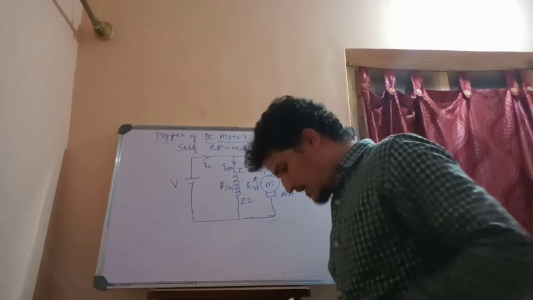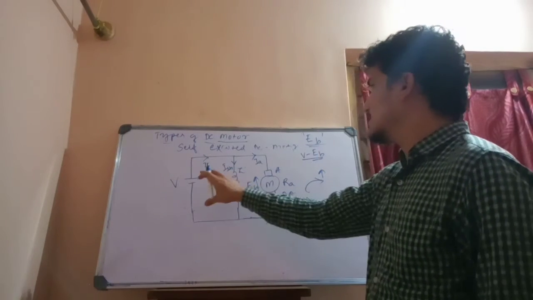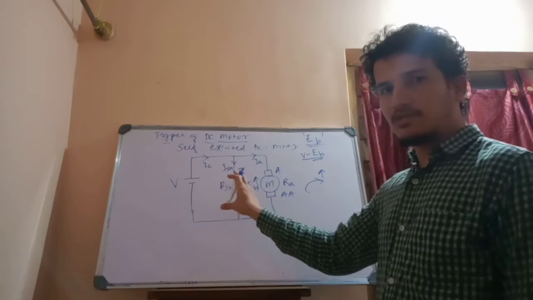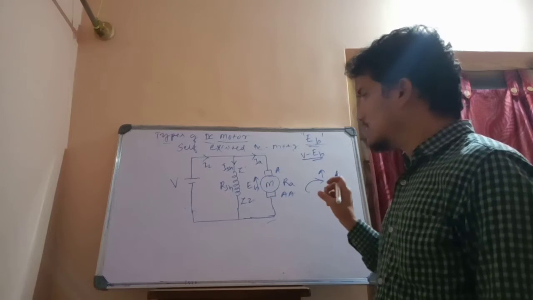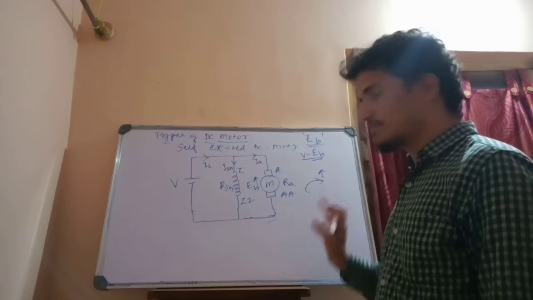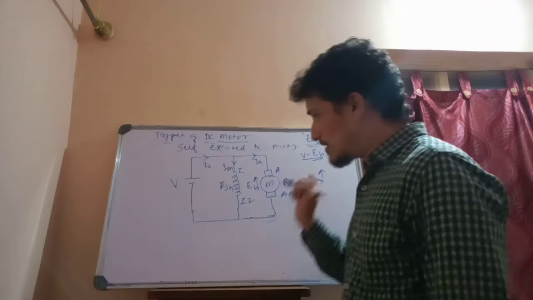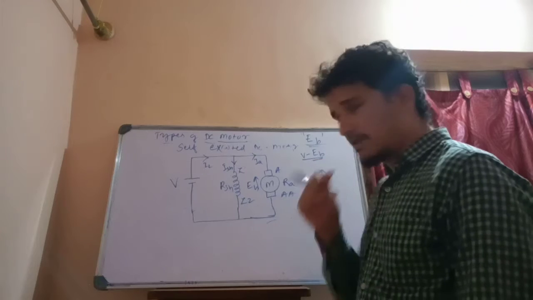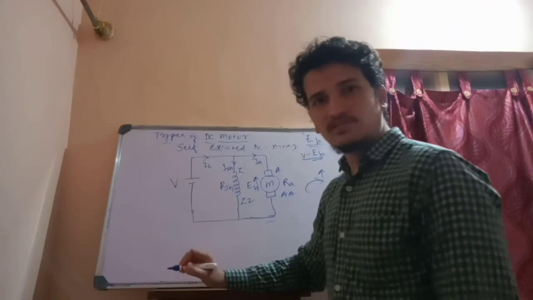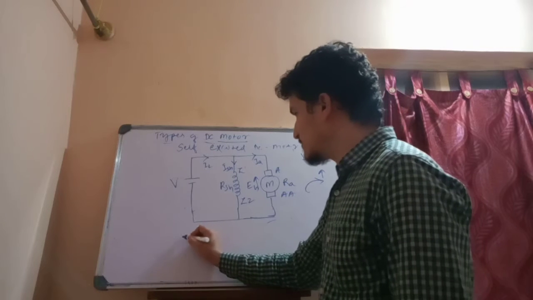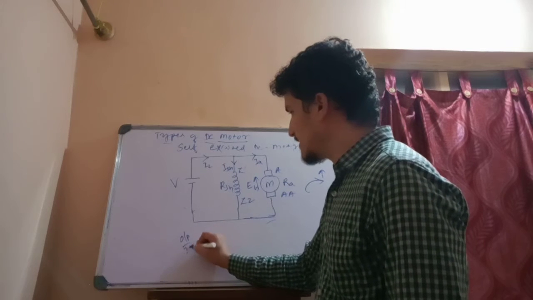So now we have learnt about the equations connecting this shunt motor, and also the importance of the back EMF power balance equation and all. So one more important thing regarding the back EMF, that is, what is the efficiency of a motor? Efficiency of a motor is output divided by input, right?